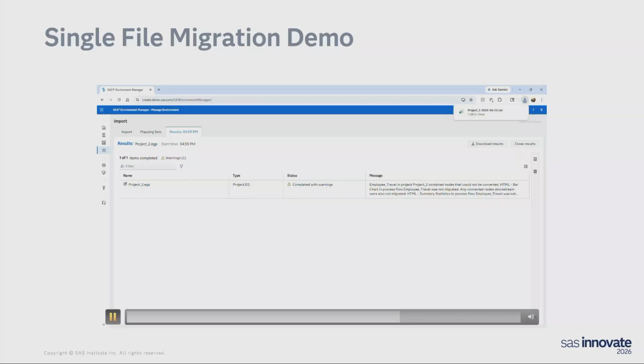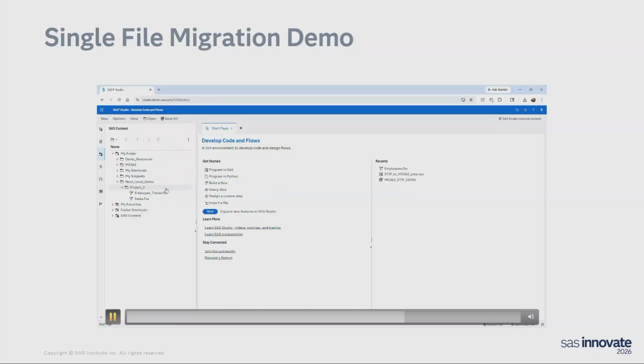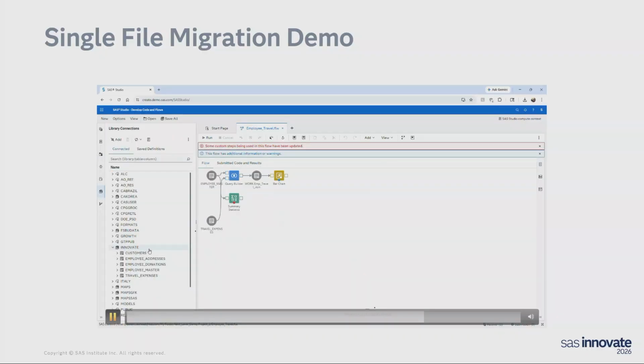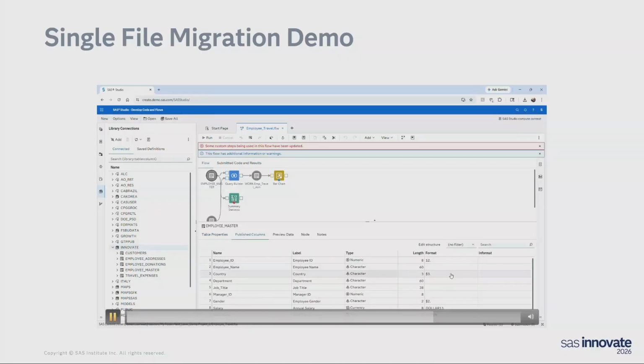Now we're going to go back to Develop Flows and find our project. Here we're able to come into the SAS content folder, and we see that Project 2 has been created as a folder, and then we're able to see that the 2 flows are available. We see each process flow in the project became its own file, and so we'll go on and start with the employee travel flow. Remember I said I was pulling tables in from the Innovate library and Enterprise Guide? I already have an Innovate library here, and so we're able to map these tables immediately, and the data already shows up for us to see what's in the columns.